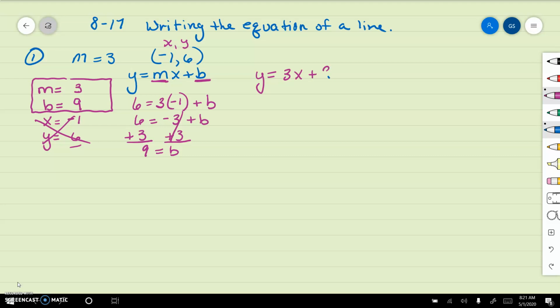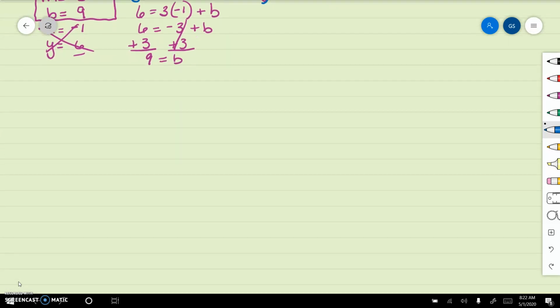Okay? And on my notes, I got a different answer, so just hold on a sec. Okay, my notes were wrong, and I'm right here. So this is supposed to be a 9, believe it or not. So y equals 3x plus 9. Okay? All right, I'm doing 2 more, and then you're on your own. So number 2